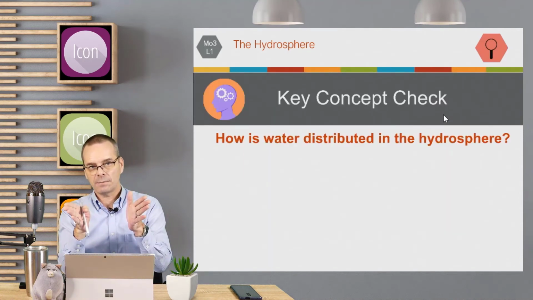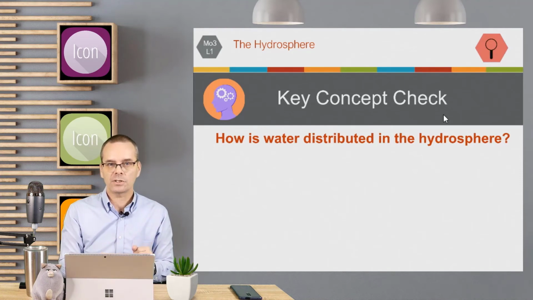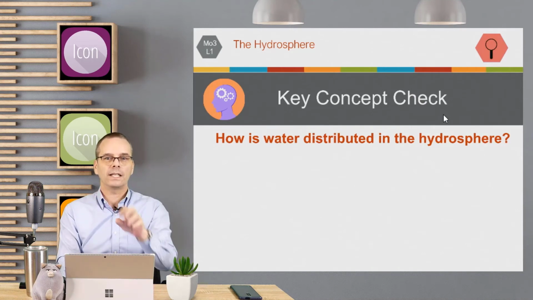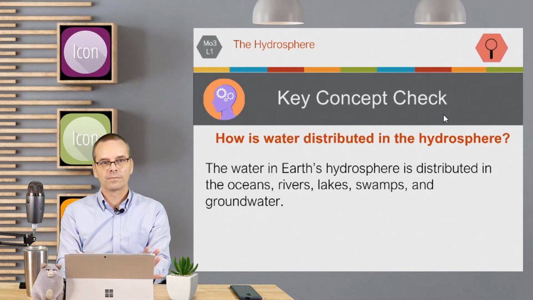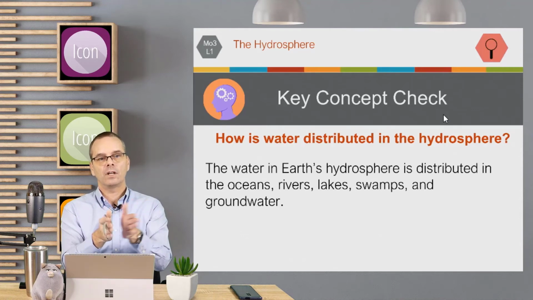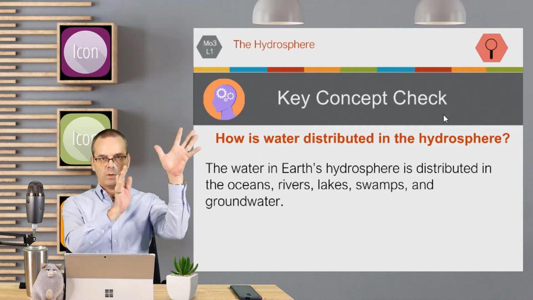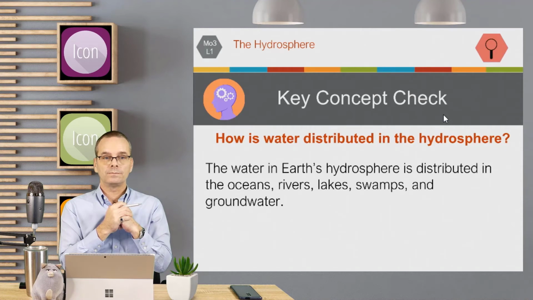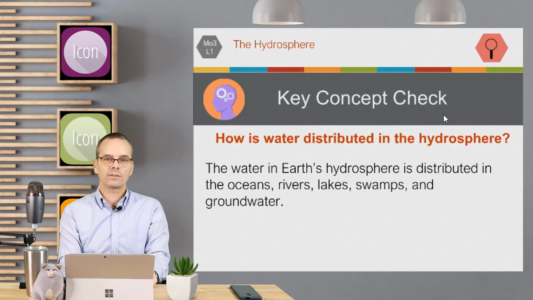So, another key concept, how is water distributed in the hydrosphere? How is it circulated or provided for in the hydrosphere? Well, it is moved around or distributed in oceans, rivers, lakes, swamps, groundwater, etc. So you obviously have the ocean, and then it's distributed in many different other areas. So the ocean is the big one. Then maybe some rivers, and then a lake, maybe a swamp that has a lot of groundwater, or a surface water, and then groundwater that's underneath the Earth's surface.